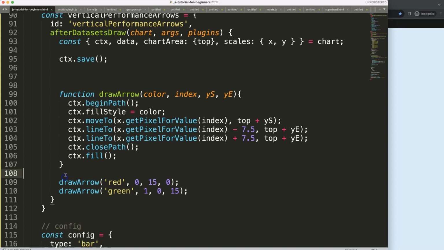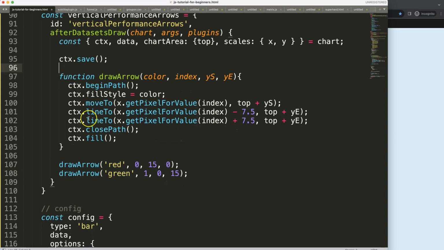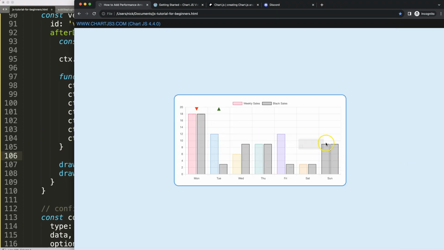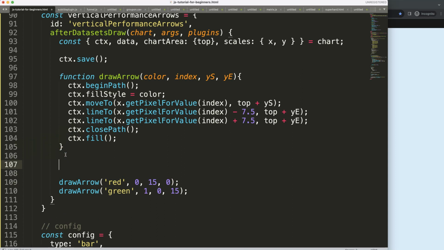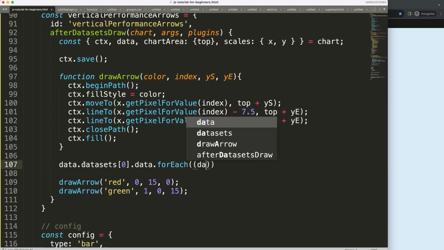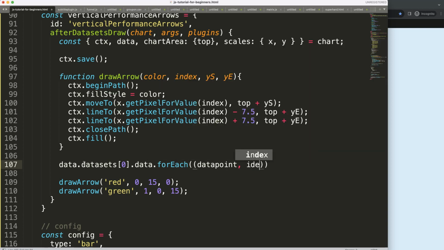So now we have this working, so we can create basically our for each loop. We can run through this function and check which one is up, down, or equal. Equal, we still have to build. But let's build our for each loop first. So what I'm going to say here, I'm just going to the data object. That is basically this one here, data.datasets, and then index 0.data. And then what I want to do here, I say here for each loop, and then for every data point, I want to have the index,